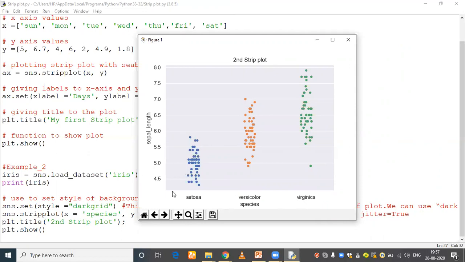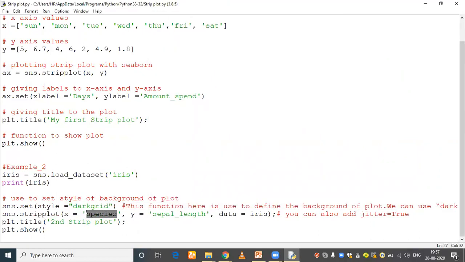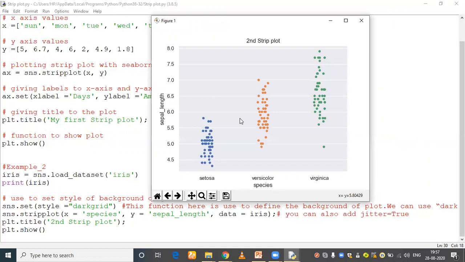We have plotted the categorical variable, or you can say we have plotted the values of the column species on the x-axis and the values under the column sepal length on the y-axis, and the data we have used is data. Got it? And then the title. If you want to save, you can save it.